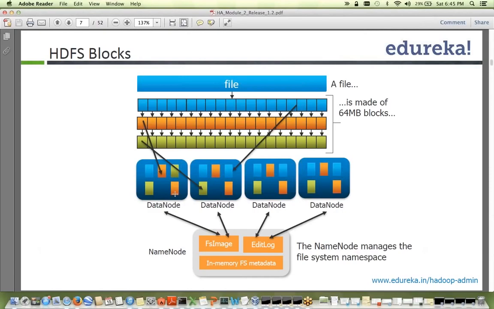So Fani is saying, can you come again? What exactly does the FS image contain and what does the edit log contain? What is the default file size of the FS image and edit log when we set up the name node? Yeah, so the default file system image size would be very tiny because initially you don't have anything on your file system. Once I show the demo today, you will see that initially the file system image would be a few bytes because there would be nothing in it. As and when you start adding data, the file system image will be built up,